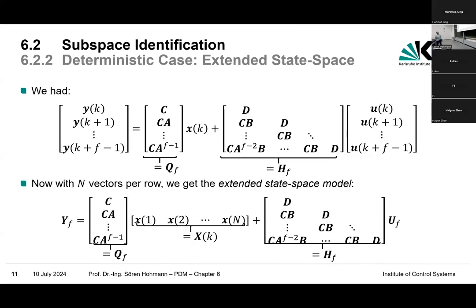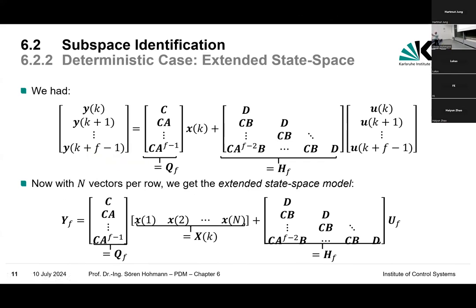These matrices are interesting because why? I can now look at the same system a couple of times. First, from step K in the future, then from step K plus 1 in the future, then from step K plus 2 in the future, etc. And I always get the following interesting fact. We can build this QF because we look F steps in the future, and then I collect